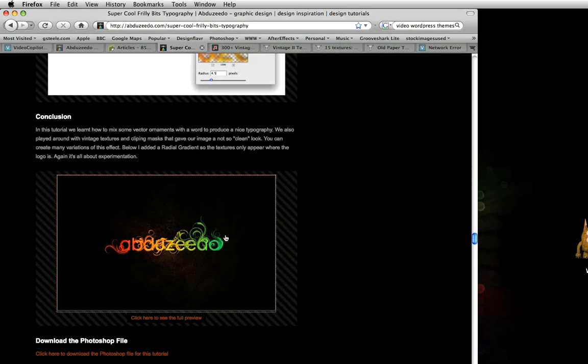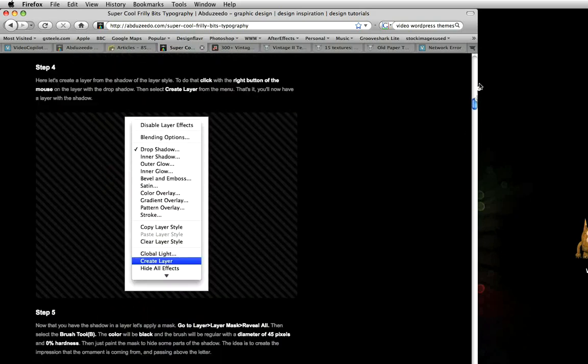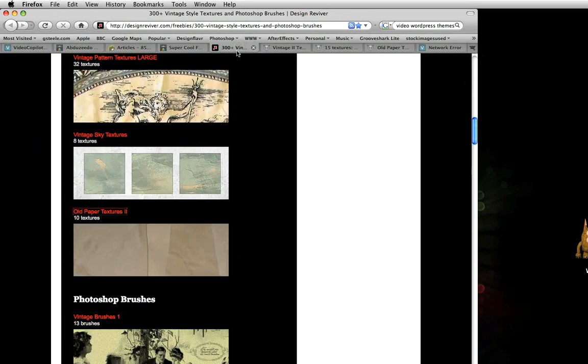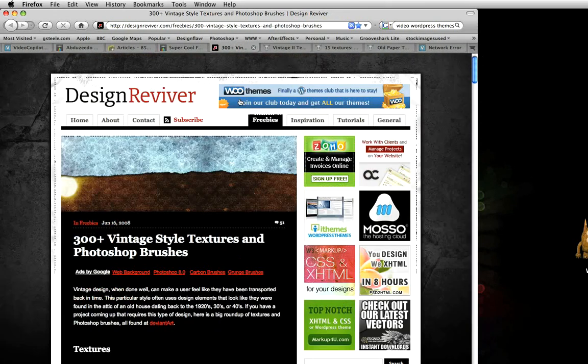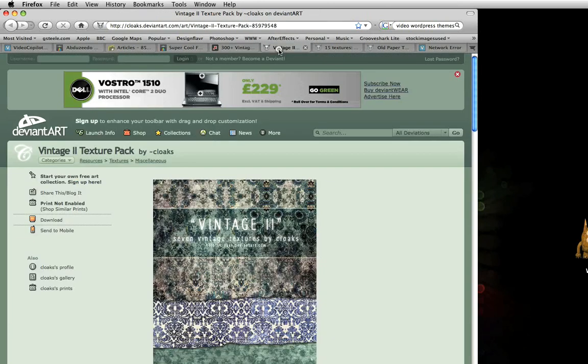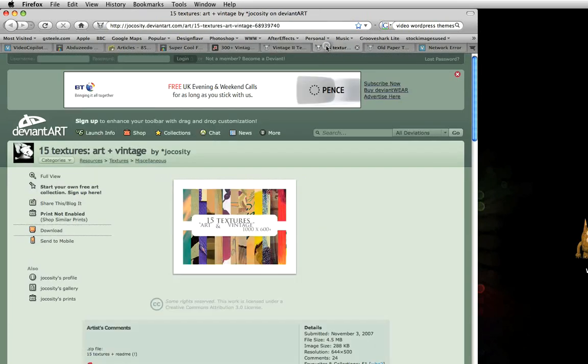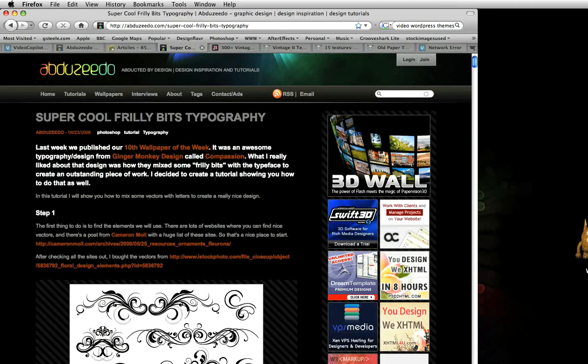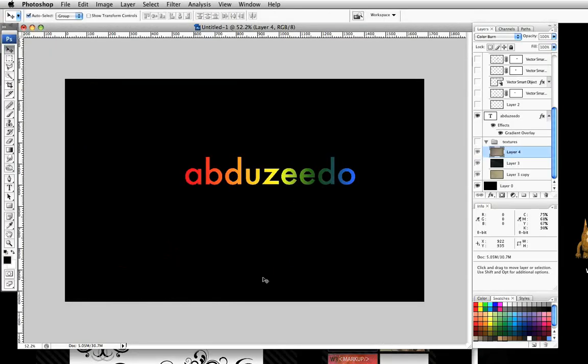And this is the kind of image that we're aiming for in the end. So hopefully I'll be able to explain some of the steps along the way. All of the files that you need are linked to within the tutorial. I've got some of those websites open just here where you can download some of the free textures that you'll need for this particular tutorial. So let's get started. I've already done some work in Photoshop, but I'm going to take you through that right